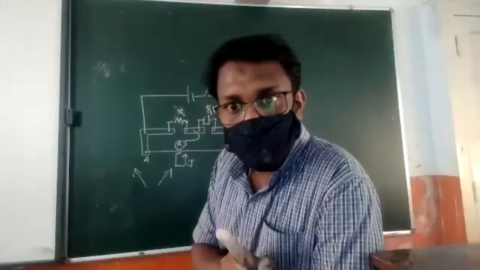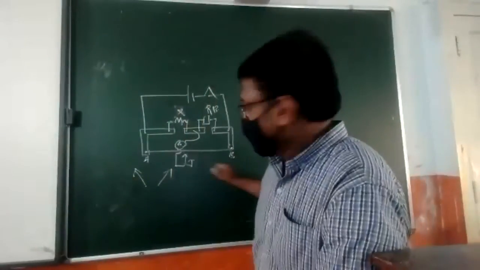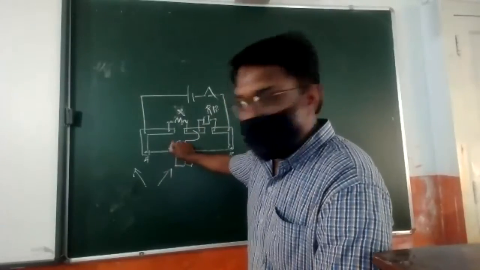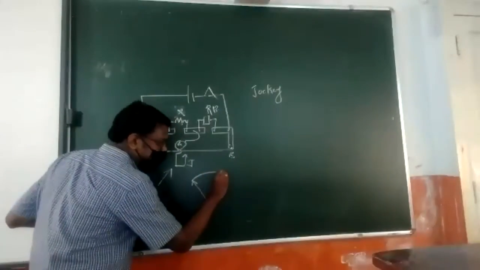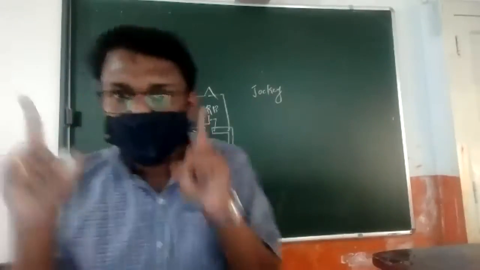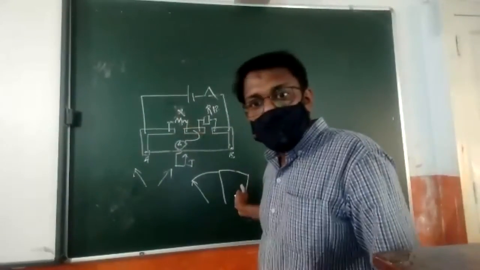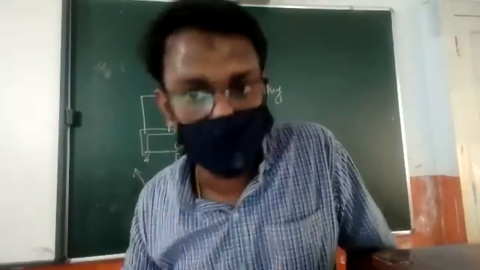Are you getting that? At point A, it is showing left deflection. At another point, it is showing right deflection. As the jockey moves from A to B, the pointer moves from left, becomes 0, and then goes to right. So at one point within that 1 meter wire, when you touch the jockey there, the galvanometer shows 0 deflection. After that, it shows right deflection. So crossing from left to right, it has to cross the 0 mark.